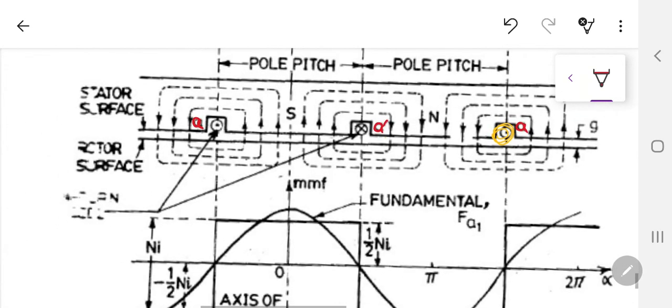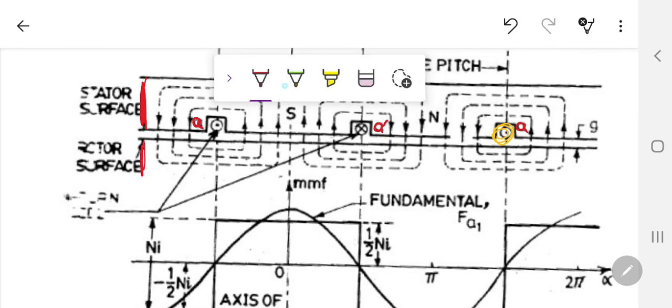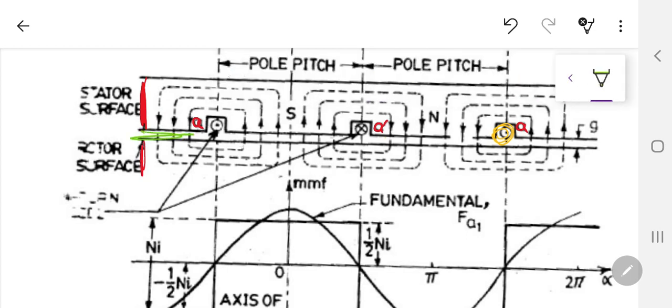So what I have done now, the whole circular motion has been written as a rectangular developed diagram, just like we have. So this is the stator region, and this is the rotor surface, and I am concerned with that green color region which I was talking about. This is the region I am interested in, and I want to plot how the flux is varying in this region.